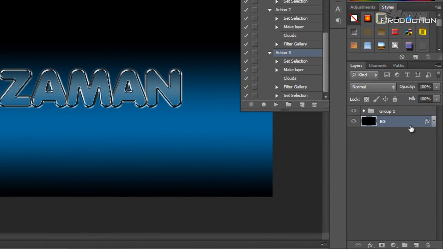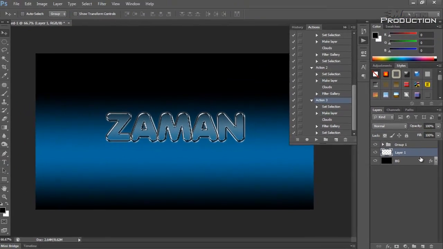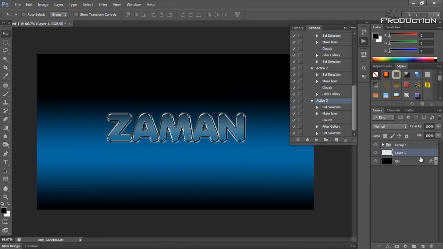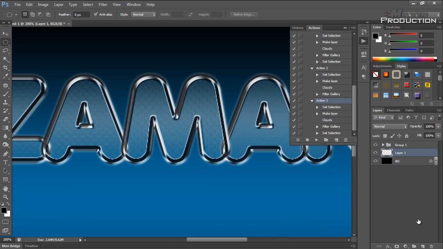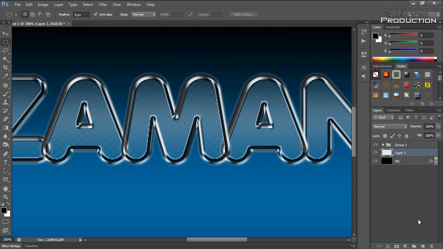So select the BG and then hit new layer, and then come right over elliptical marquee tool, and then you can just close this icon actions, sorry, and then just beneath this hold alt key on your keyboard and then drag this much. Yeah, so our background color is white, so we are going to hit Control plus